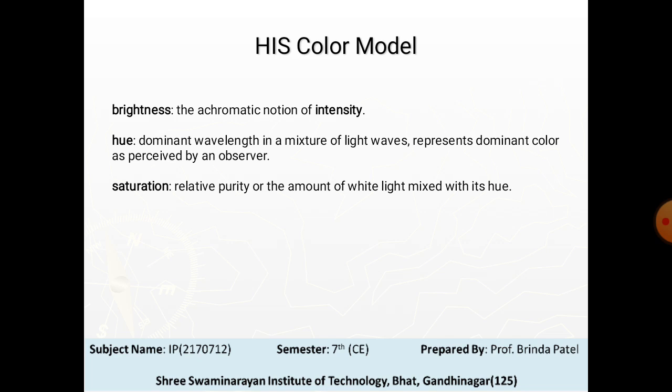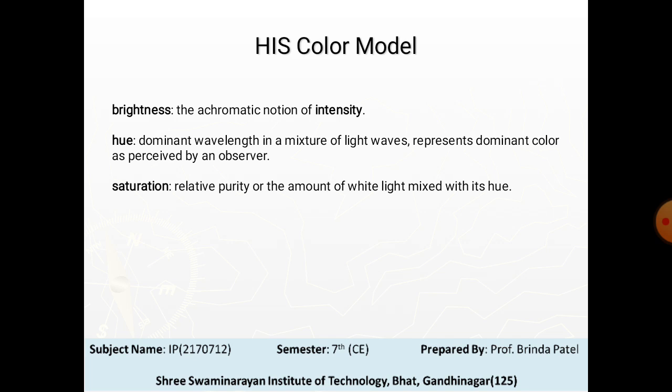Now the HSI color model. As we have seen in a video, creating colors in RGB and CMY models and changing from one model to another is a straightforward process. As noted earlier, these color systems are ideally suited for hardware implementations. The RGB system matches nicely with the fact that the human eye is strongly perceptive to red, green and blue primaries. But RGB, CMY and other similar color models are not well suited for describing colors in terms that are practical for human interpretation.